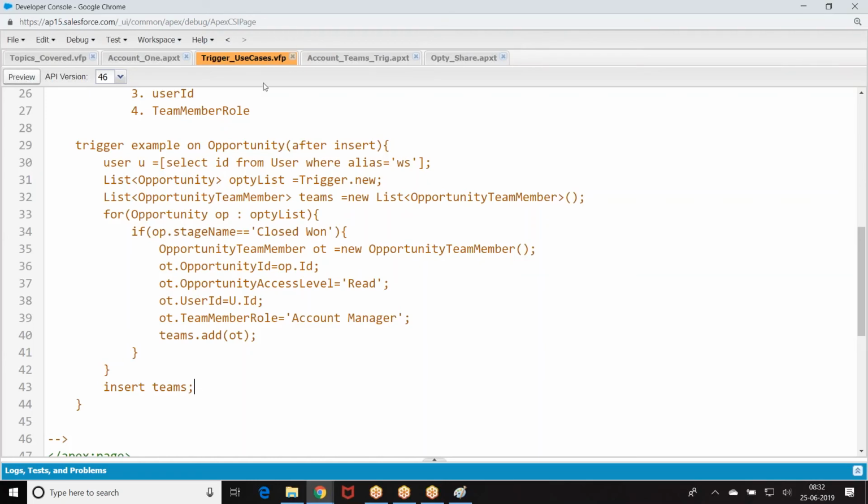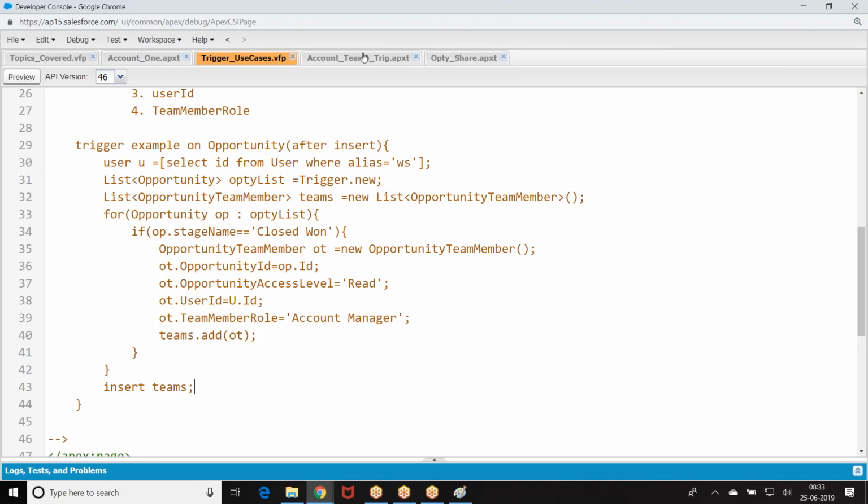Again, I'm making one point clear for you. These are all concepts. If you know them conceptually, that's good. But if you want to write better logic, you are supposed to practice more use cases, more snippets, and logic on list, set, map, SOQL, DML. These combinations only will make the entire programming. List, set, map, SOQL, DML, wrapper. Only how well you can write logic with this combination will decide your knowledge of the program, because this is only syntax.